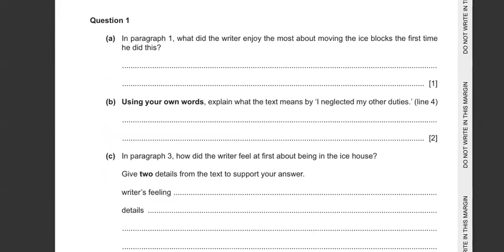Question number 1, part A. In paragraph number 1, what did the writer enjoy the most about moving the ice blocks the first time he did this? So the strategy that you're going to follow to answer your question is that